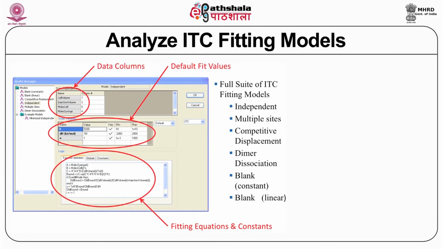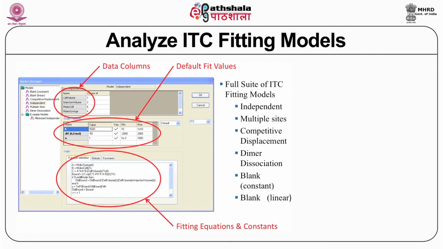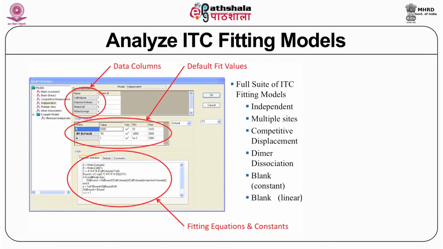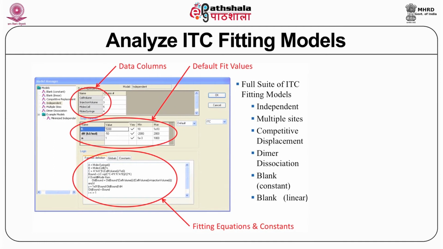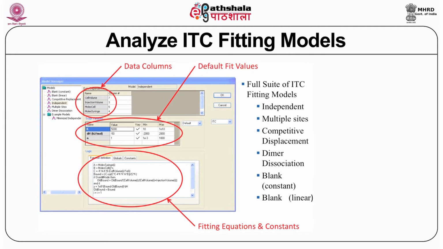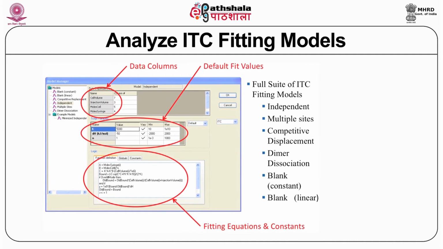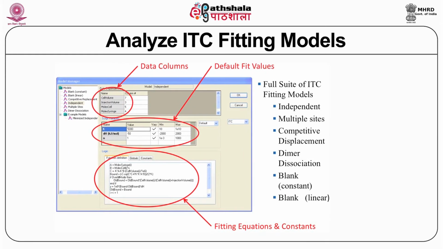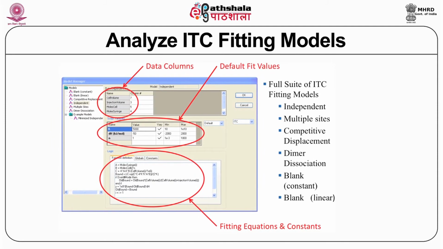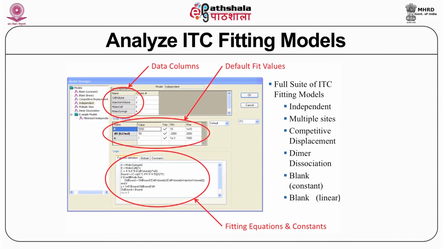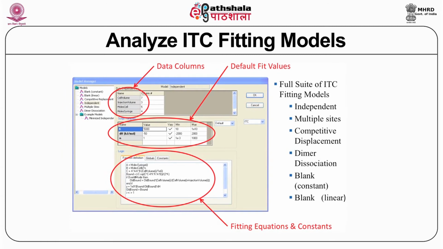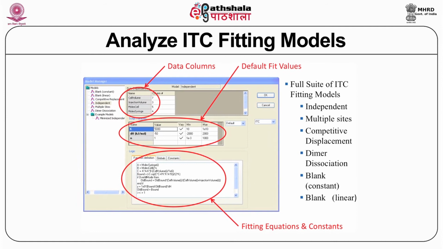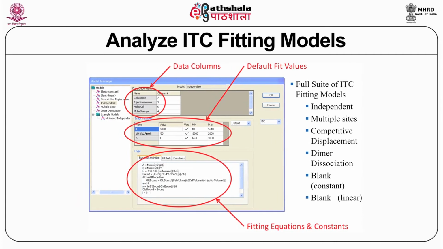So, how do you analyze these fitting models? You can use these conditions: independent, multiple site, competitive displacement also can do it. If there are two competing ligands, one displaces the weaker one at the same site, not a different site. Two different sites is different, because two binding molecules, two ligands, can bind two different sites, but competitive displacement, when I say it, what I mean is the same site with two different ligands competing for the same